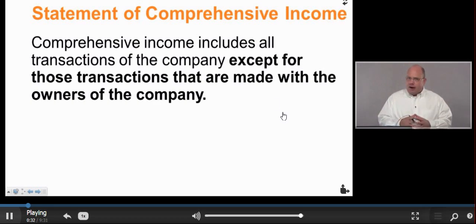So what we're talking about, these transactions with the owners of the company, the sale of shares, the payment of dividends. Okay, those transactions with the owners are not part of comprehensive income, but everything else that the company did